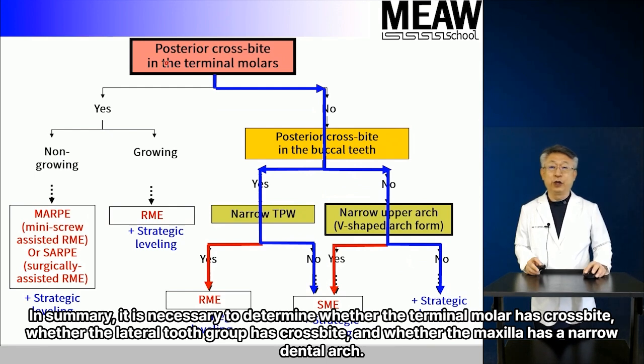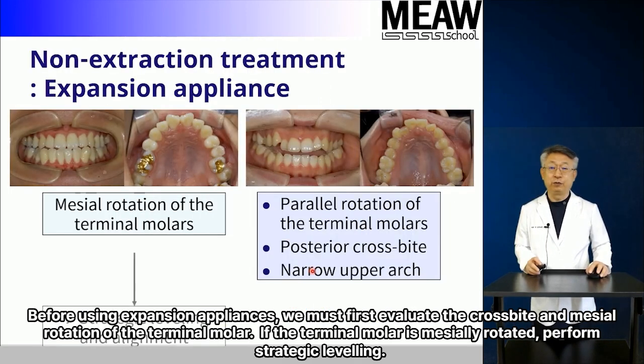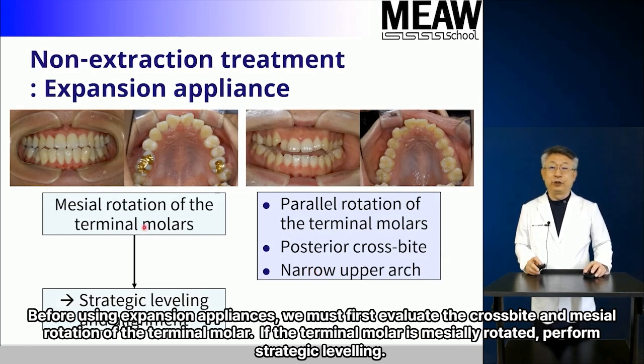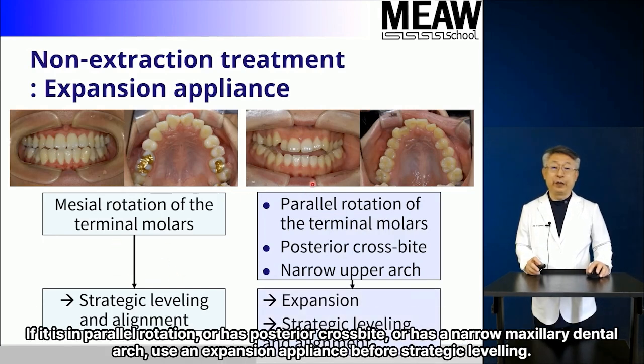In summary, it is necessary to determine whether the terminal molar has crossbite, whether the lateral tooth group has crossbite, and whether the maxilla has a narrow dental arch. Before using expansion appliances, we must first evaluate the crossbite and mesial rotation of the terminal molar. If the terminal molar is mesially rotated, perform strategic leveling. If it is in parallel rotation or has posterior crossbite or has a narrow maxillary dental arch, use an expansion